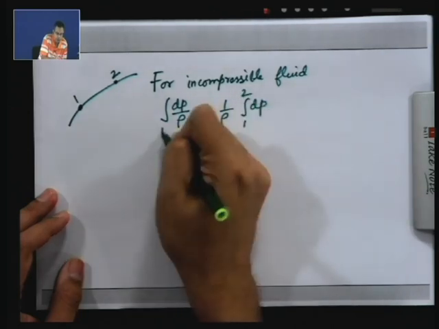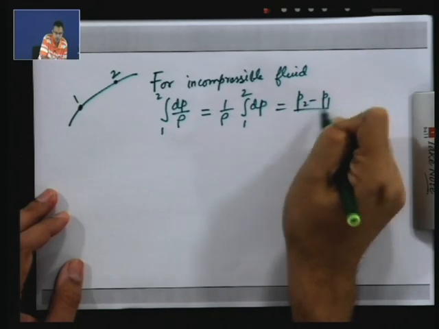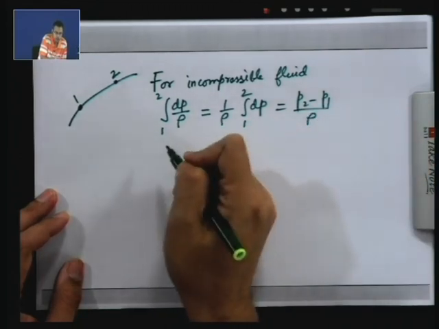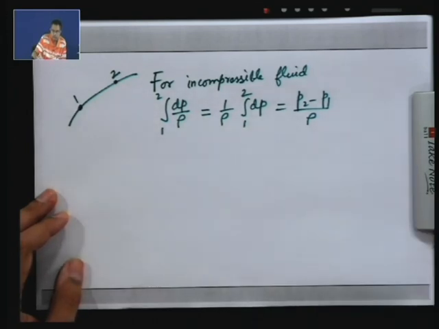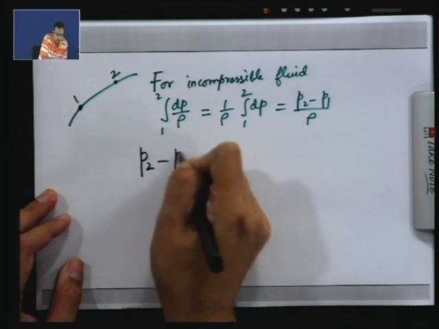So, 1 to 2, this becomes p2 minus p1 by rho. So, then this integral we can write p2 minus p1 by rho